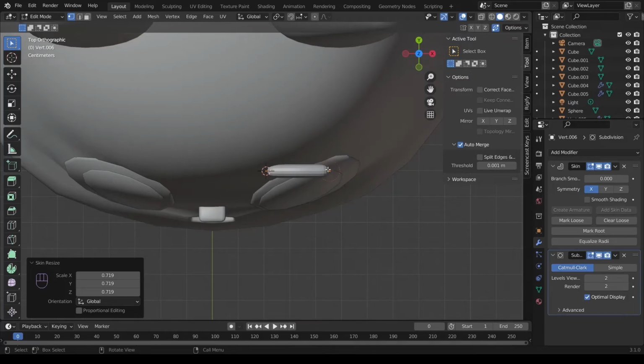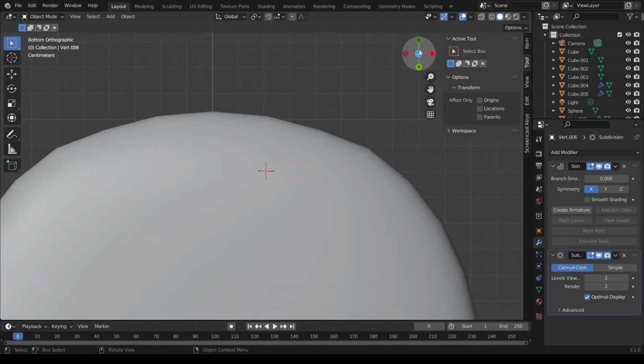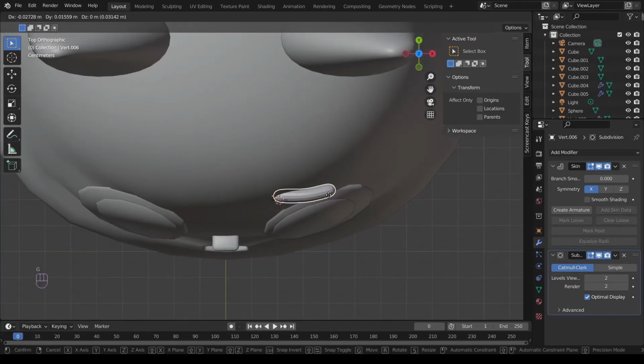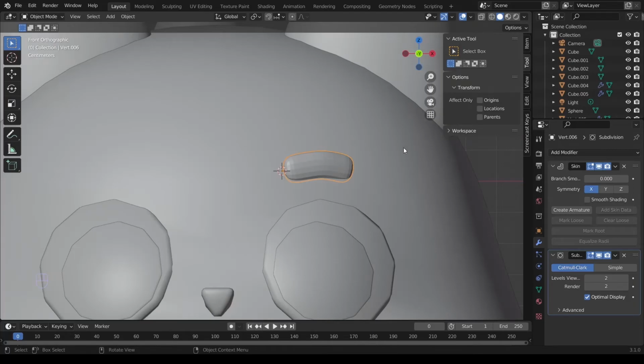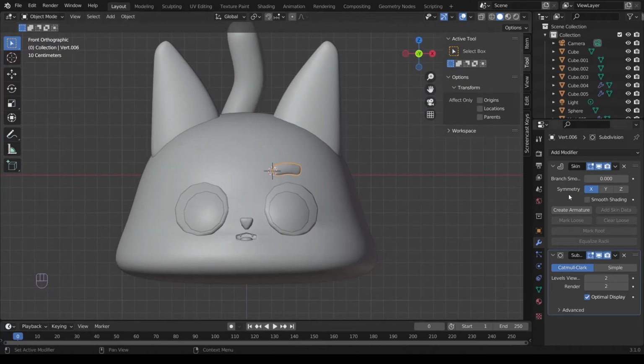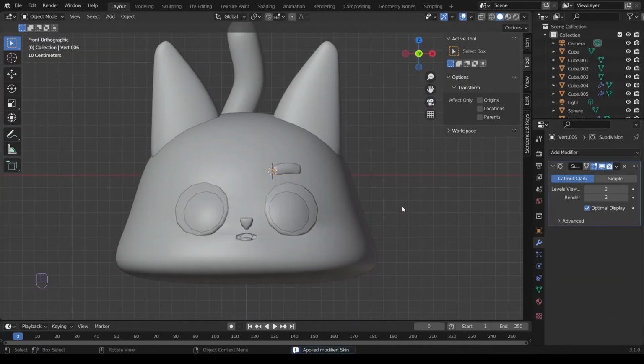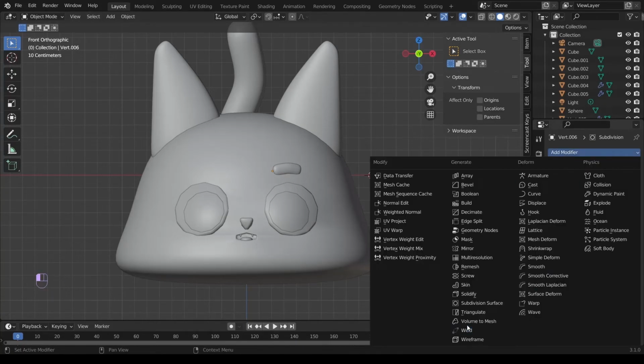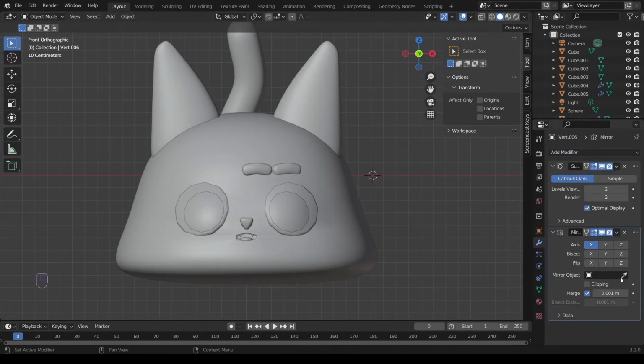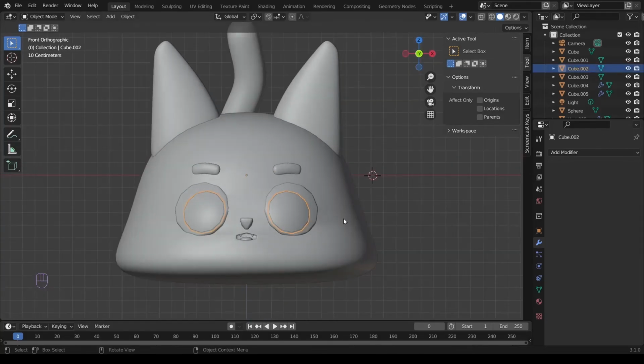In top view, adjust the vertices so the shape curves a little and go back into object mode. Press R, then Z to rotate the eyebrow so it attaches to the head in a natural looking way. Give it a mirror modifier and there you go, you've got yourself 2 beautiful eyebrows and 1 beautiful cat. Make all the adjustments you see fit to make your kitty look the flyest.